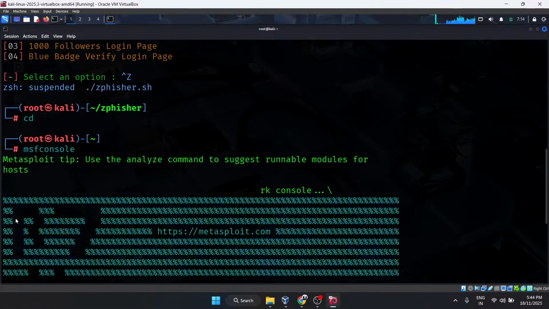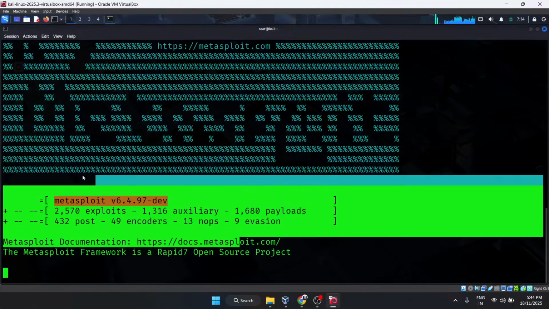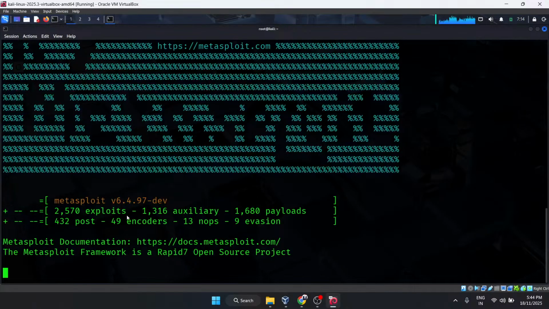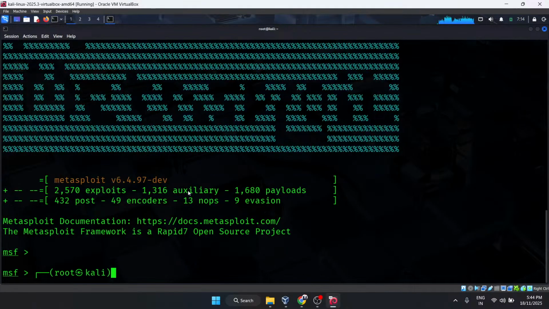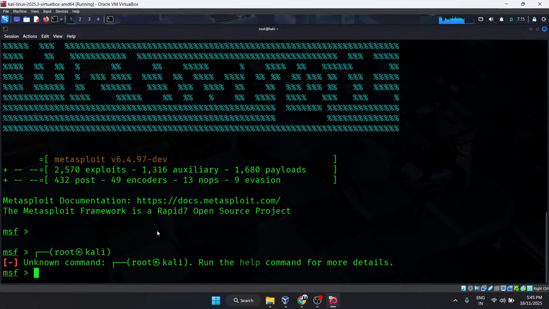You can also make your own using Python or other languages, C, C++. Here you can see there are so many exploits, auxiliaries, payloads, post exploits, encoders, NOPs, and evaders that we will be studying.